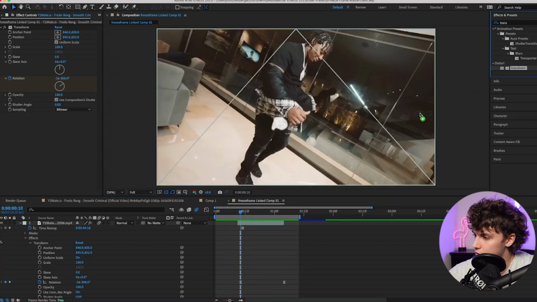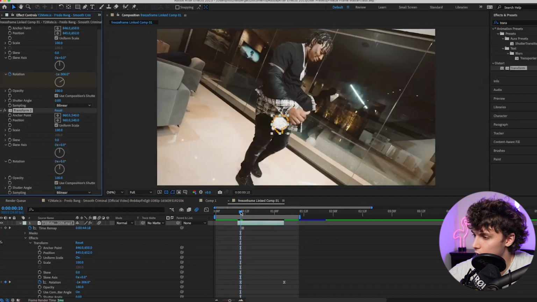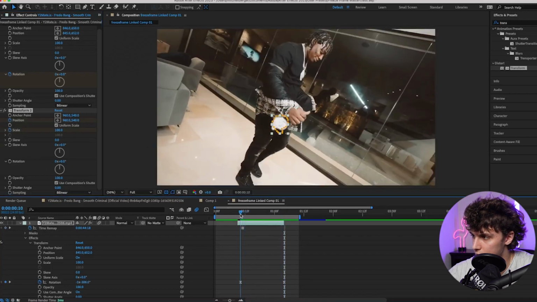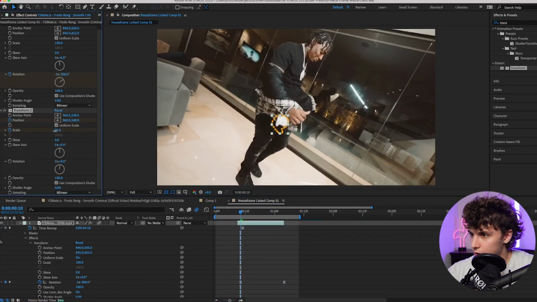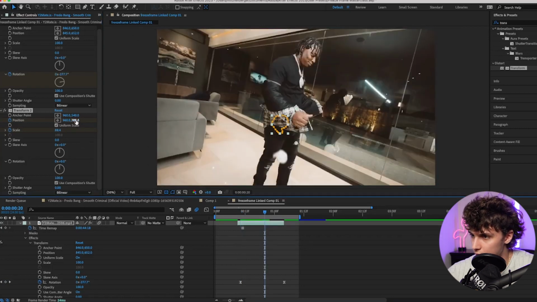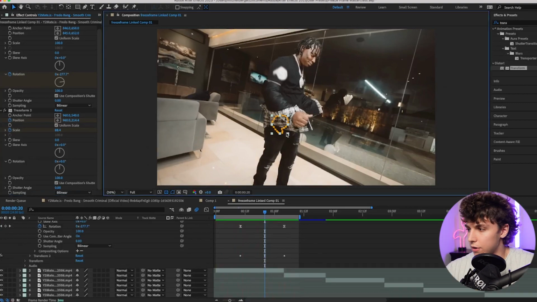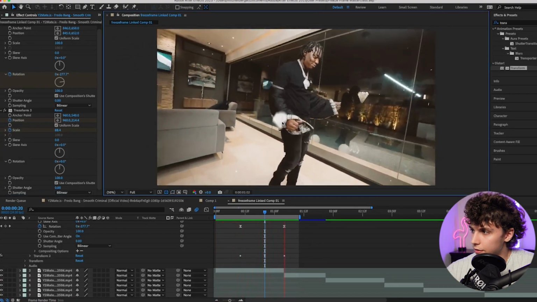Next I'm just going to drag another transform on, and now we're going to make it fly up and down. I'm going to set the position and scale at the end where it transitions. Then I'm going to go towards the beginning. I'm going to scale it down a little bit, maybe something like 70. And I'm also going to position it down here. About halfway through, I'm going to move that position so it's higher than it's supposed to be. So something up here. Playing that back, you can see we have a little bit of a flying animation, but